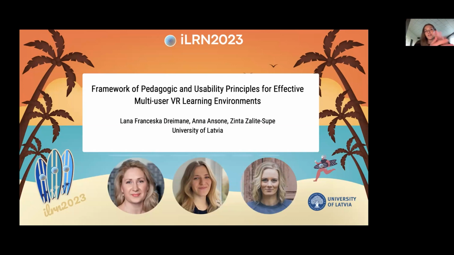And we would like to introduce you to our research framework for pedagogic and usability principles for effective multi-user VR learning environments. So as we see, especially in this conference, VR has a lot of potential in education, and the availability of standalone HMDs has supported the popularity of these technologies.